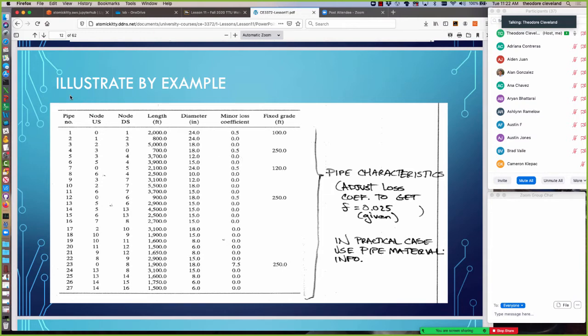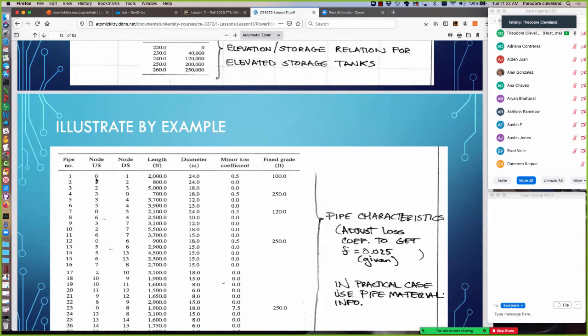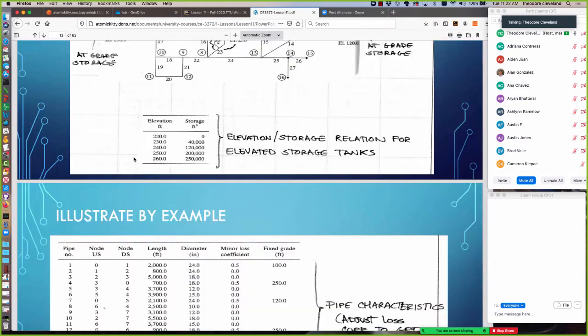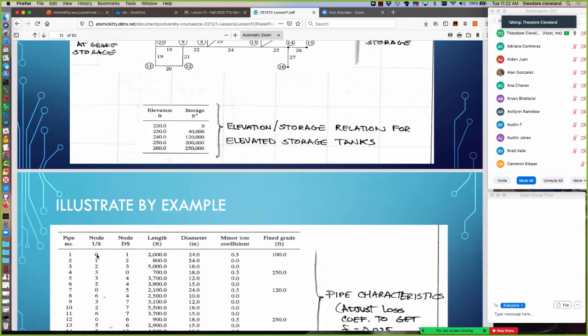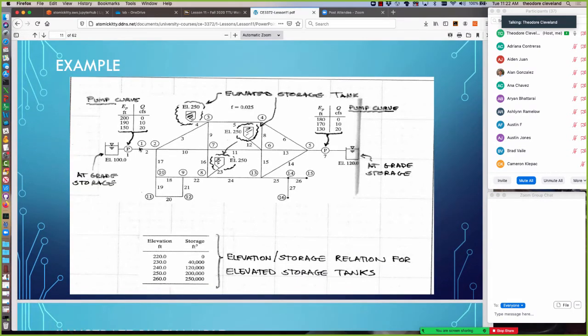Got it. So each of the numbered pipes, in this case 1 through 27, corresponds to the pipes in this drawing. It has an upstream node and a downstream node. You can think of a starting node and ending node in the EPANET context. So for example, pipe number 1 starts at node 0, ends at node 1. So pipe number 1 starts at node 0, which must be this,